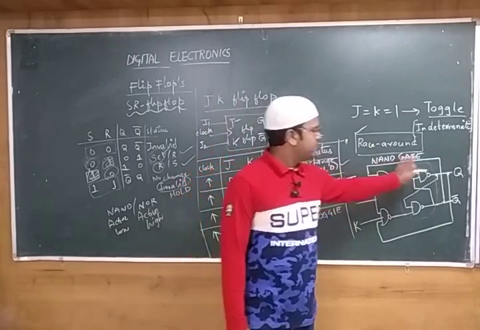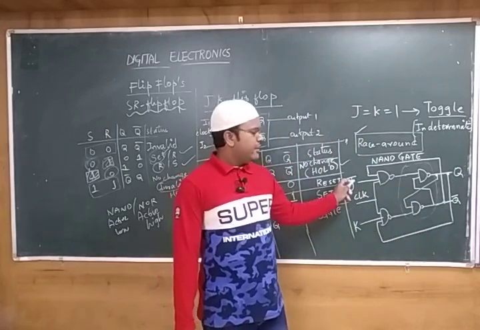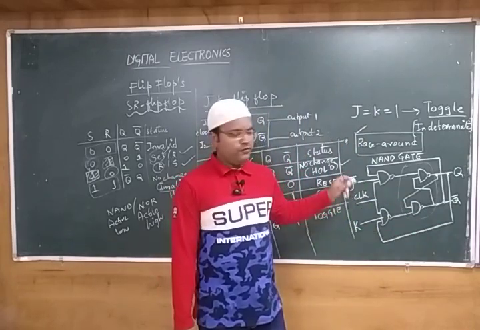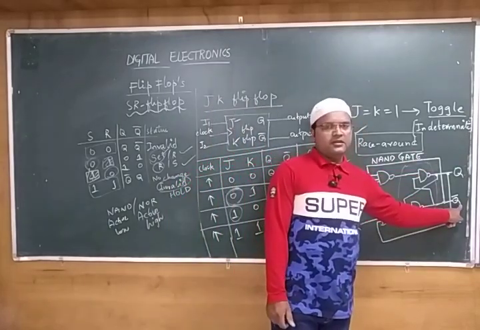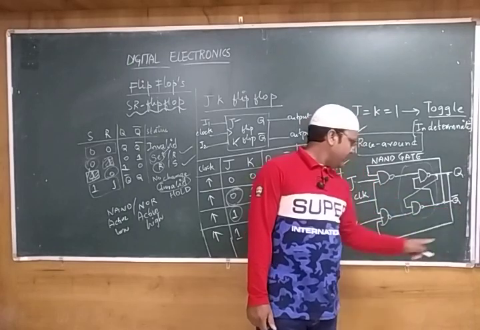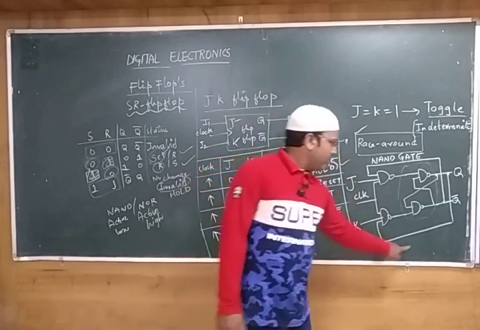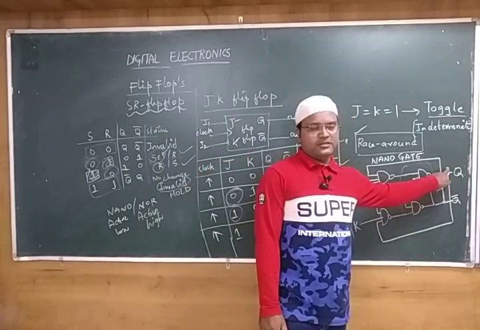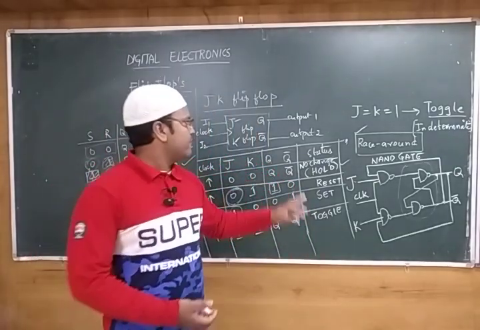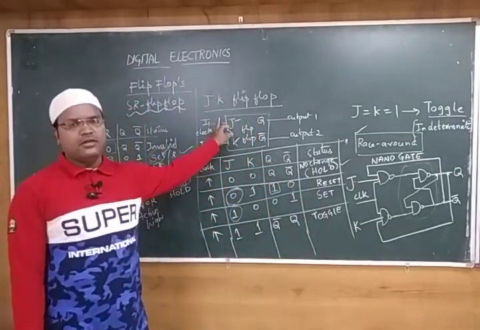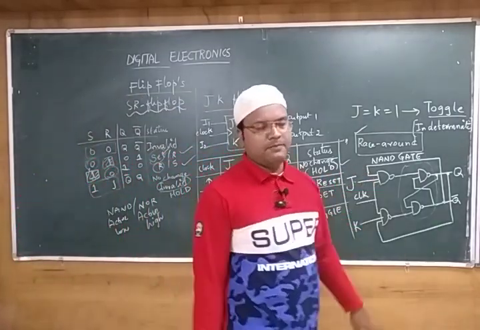If I don't give this line and this line, it's behaving like an SR flip-flop. Since it's JK flip-flop, for designing it we are taking the input of the first one passing to the output of the next, that is Q bar. Similarly, the input of the K is passing to the output of the first one. So this is the way your JK flip-flop has been designed. So in JK we have seen first its complete block, second truth table, then this part.